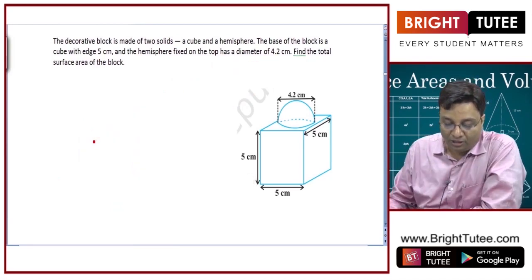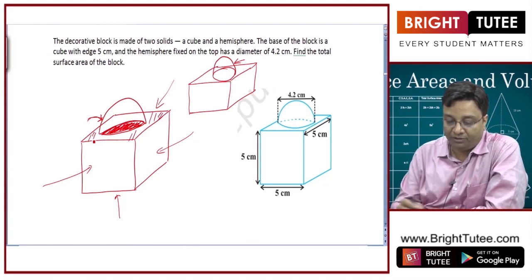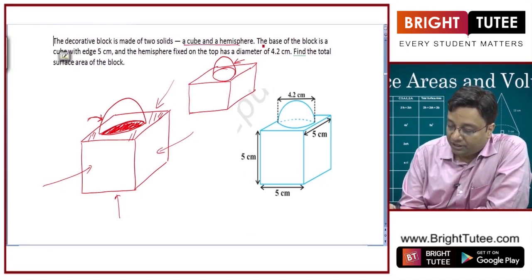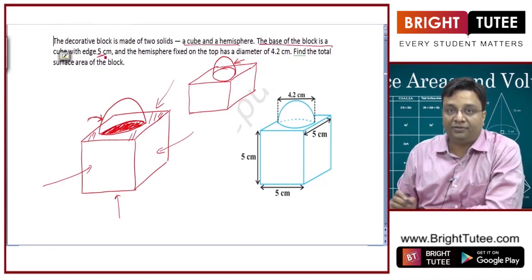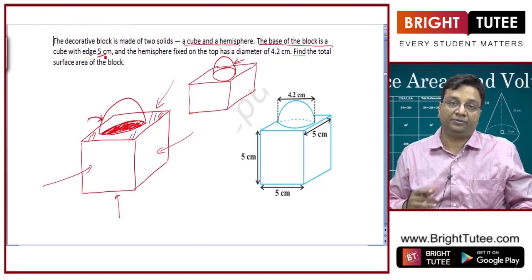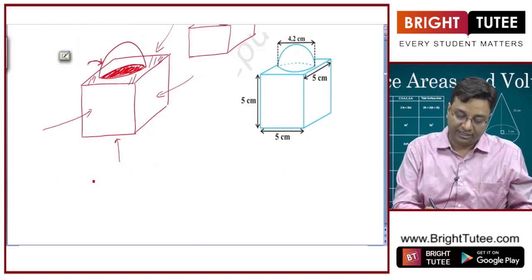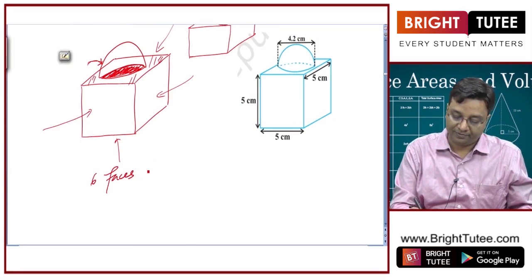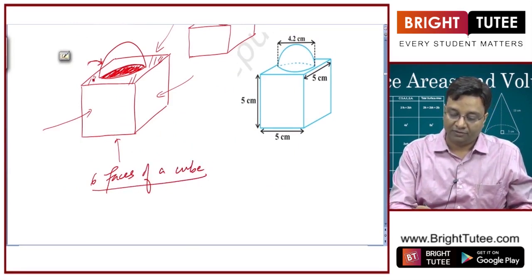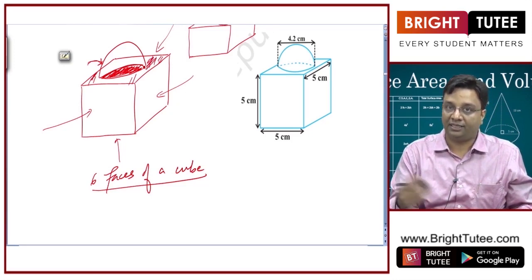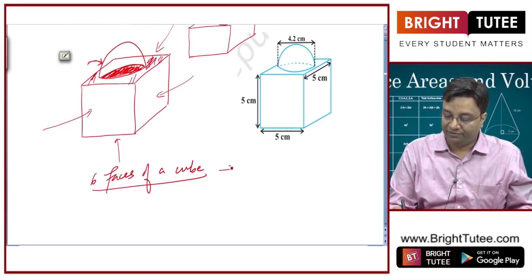Okay. So now I need to talk about the total surface area of the block. The base of the block is a cube with edge 5 cm. A cube has 6 faces, out of which we will talk about this face, let us say later, okay. So 5 faces